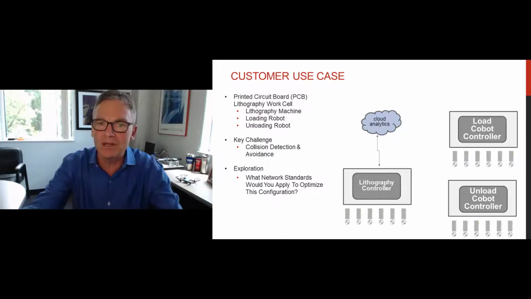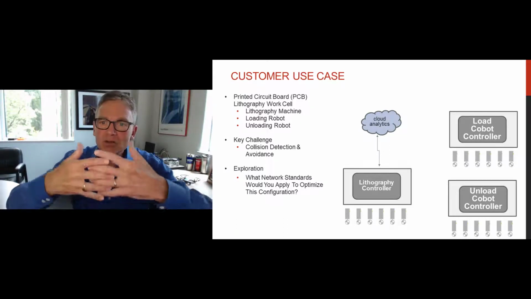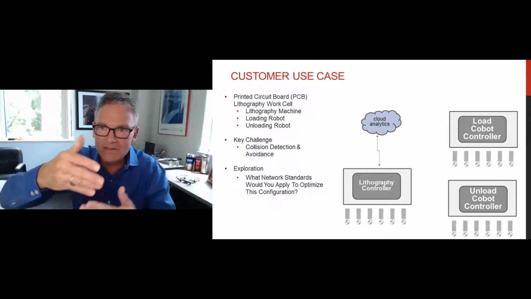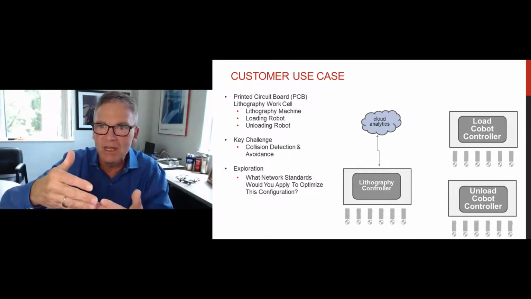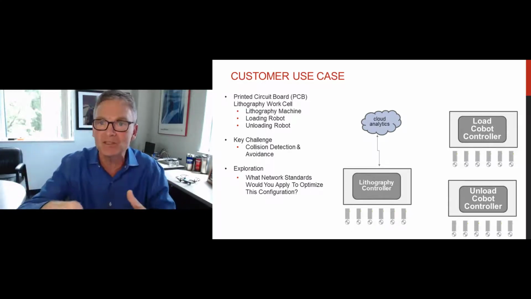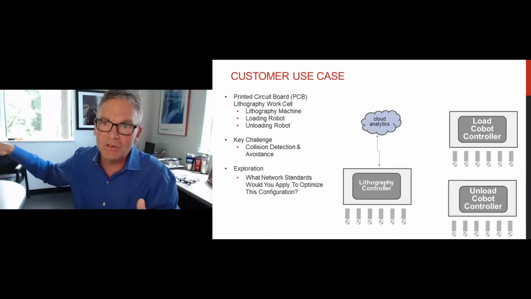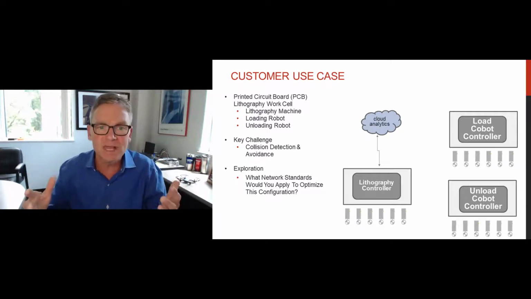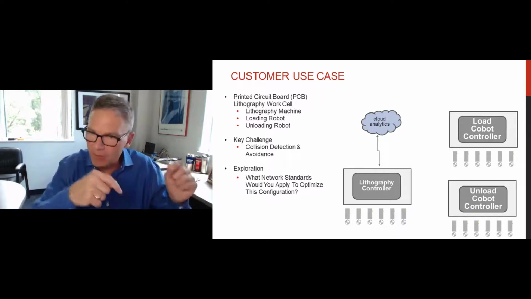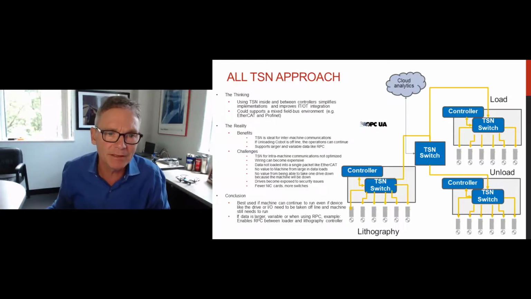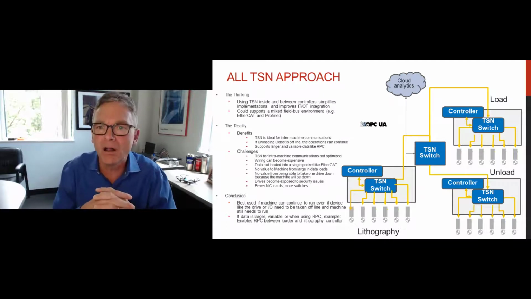And there's no network here yet. And I want to do collision avoidance. So I want to make sure I detect the load and the unload as they feed this lithography machine. I want to make sure that I don't run the circuit boards into them. I want to make sure my unload puts the board successfully on the conveyor for downstream processes. So what network standards could we apply from the 3 that we just talked about, and how would we apply them here? Well, the first model is we could go to an all